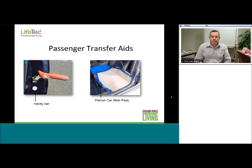Let's talk about car transfers for a moment. So for people who have trouble pivoting their bottom on the car seat, we can look at using the Pelican car slide pad, which you can see on the right hand side. So this consists of two pads, a base pad which has a vinyl base on it to stop slipping on the car seat, and a top pad which you position at right angles to the car seat. Very useful for people transferring onto large bucket seats or for large frame people. They retail for approximately $100 from Pelican Manufacturing, and you go to their website, which is